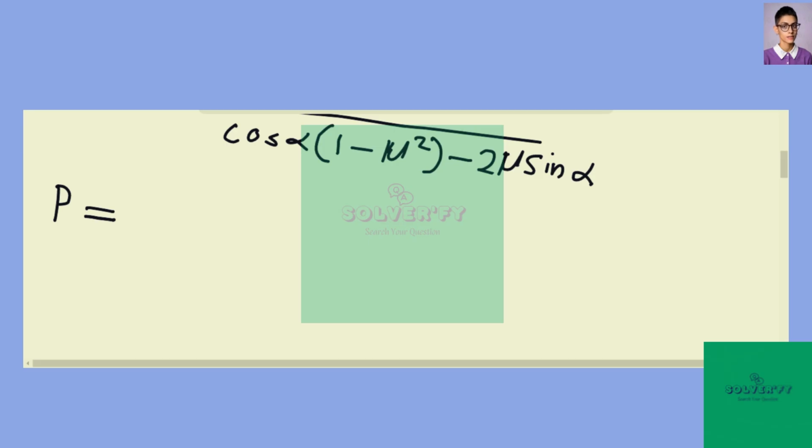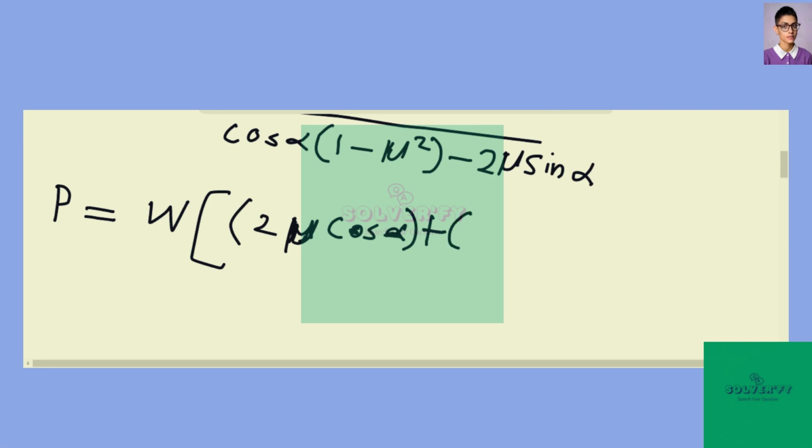When you do that, you are going to arrive at P to be equal to W into 2 mu, coefficient of friction, 2 mu cos alpha plus sine alpha